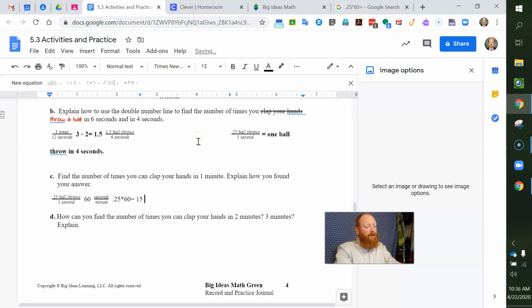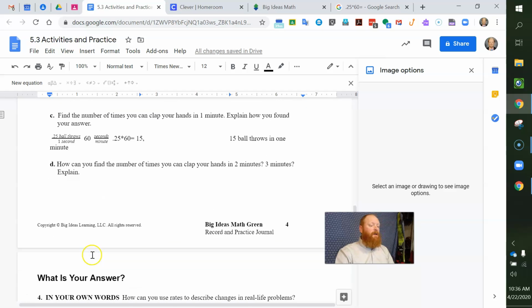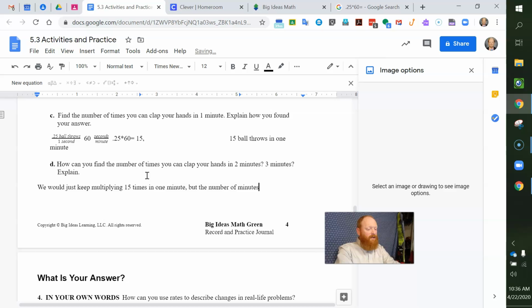15. So I would have 15 ball throws in 1 minute. Yes, we can explain how we did this in 2 minutes and 3 minutes. We would just keep multiplying 15 times in 1 minute by the number of minutes. So for example, if we did 15 times 2, that will equal,